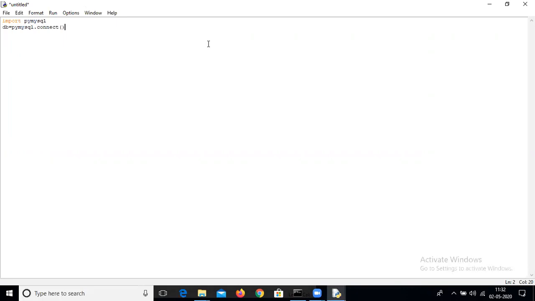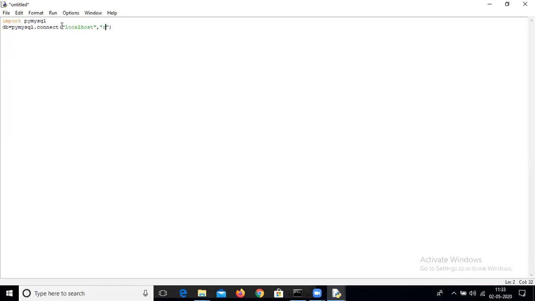In this method, we have to pass four arguments. The first argument is the localhost. Because we are working on localhost, we have to pass the name of localhost. After that, the second argument is the user ID of the MySQL server. Then there is the password for the MySQL server. After that, we need a database schema. So here we use work as our database. Now, the first argument is localhost.